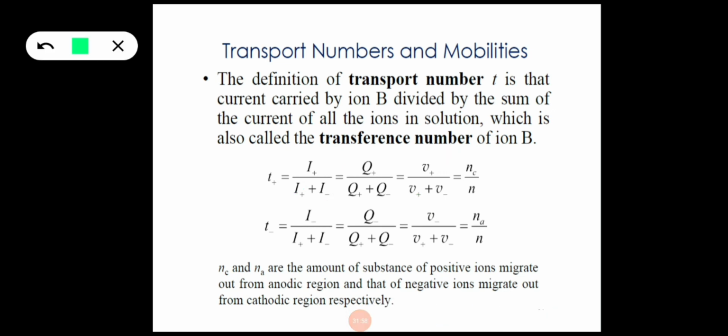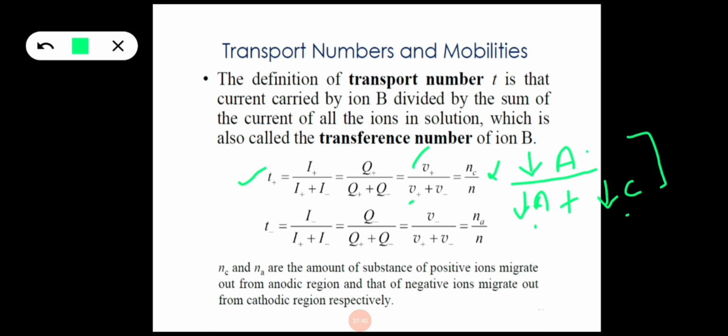But we know that the speed of the cation is proportional to the decrease in the concentration of the compartment from which it is coming out, that is the anodic compartment. Experimentally we can determine it in this way. The speed of the anion is proportional to the decrease in concentration of the cathodic compartment, because the anion comes out of the cathodic compartment. So the fall in concentration of the anodic compartment divided by the fall in concentration of anodic plus cathodic compartments will give the transport number. This is the method for determining transport number experimentally.